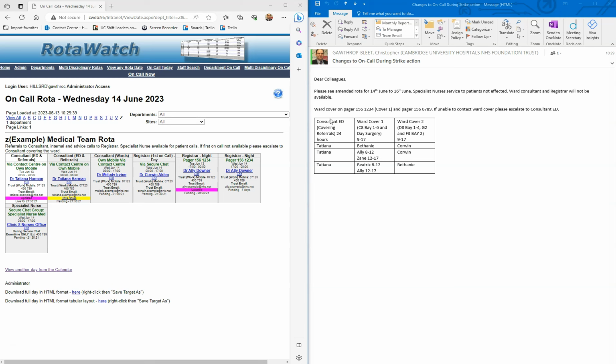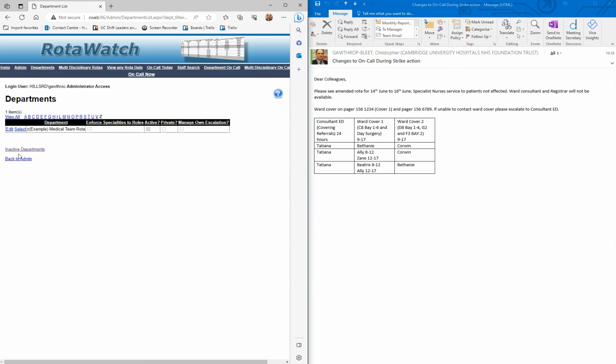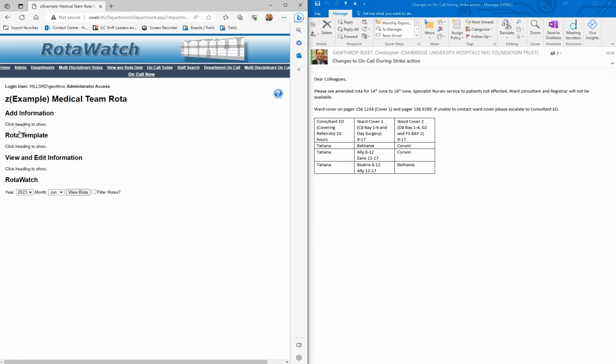We can see that the consultant for ED covering is still available. We've also been informed that the specialist nurse service is unaffected, but the ward consultant and registrar will not be available, so we'll need to hide these roles during the planned days. There are also two brand new roles to ensure that doctors can cover the wards during these days that we need to add. So let's begin by clicking on Departments, find our rota,